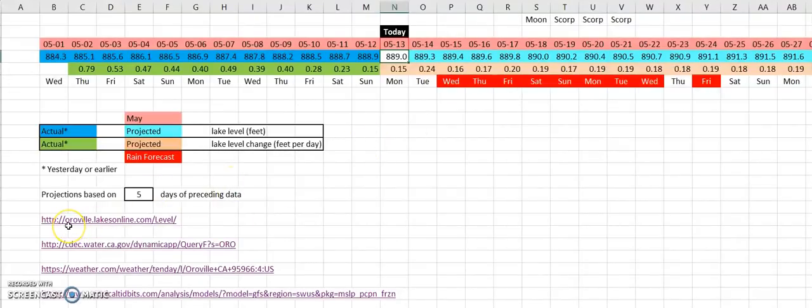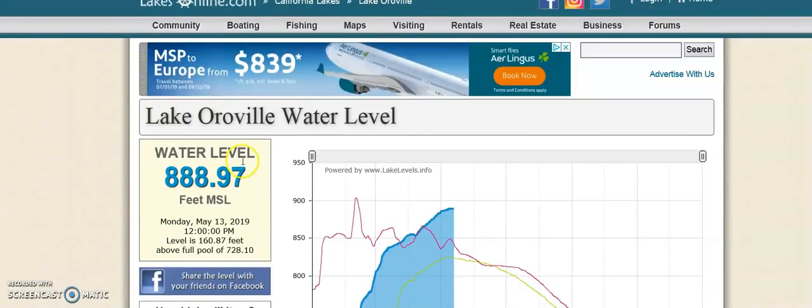The first one is to the OrovilleLakesOnline.com. Let's take a look at that. In this Lake Oroville water level, lakesonline.com, it's currently showing a water level of approximately 889 feet. In order to compare this to something that's important to us, if you recall from 2017, Lake Oroville overflowed its emergency spillway, and this is shown right here on, looks like about February of 2017. The current water level is shown in the blue here,